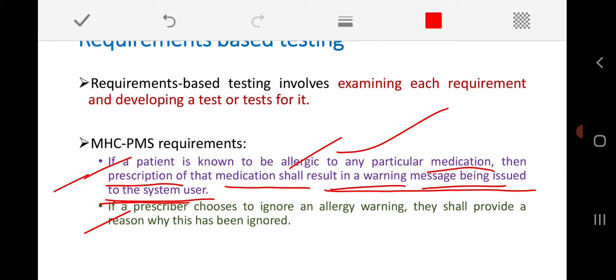Now, with respect to this requirement, we need to check how my system behaves when I am giving medicines to that particular patient.